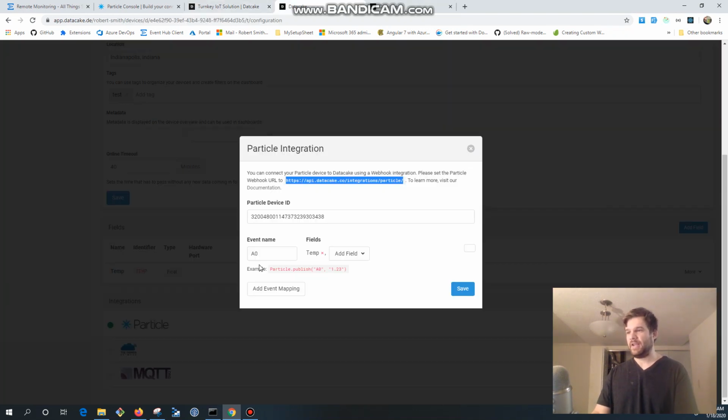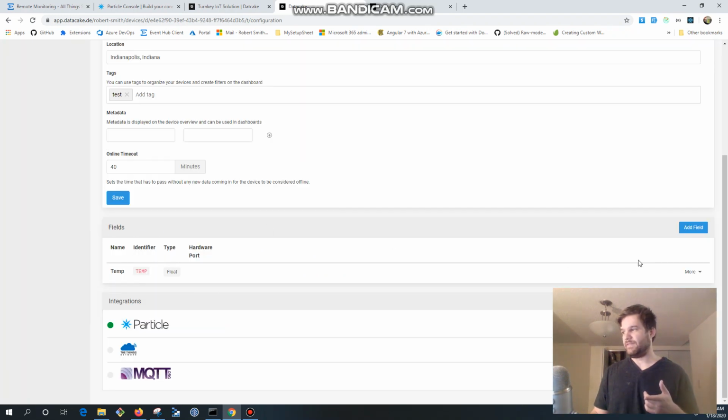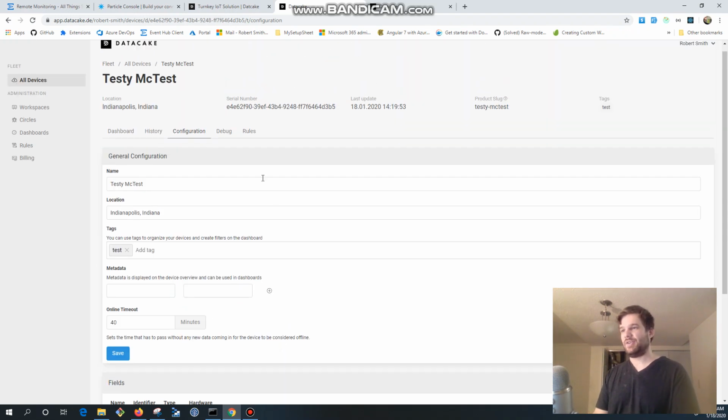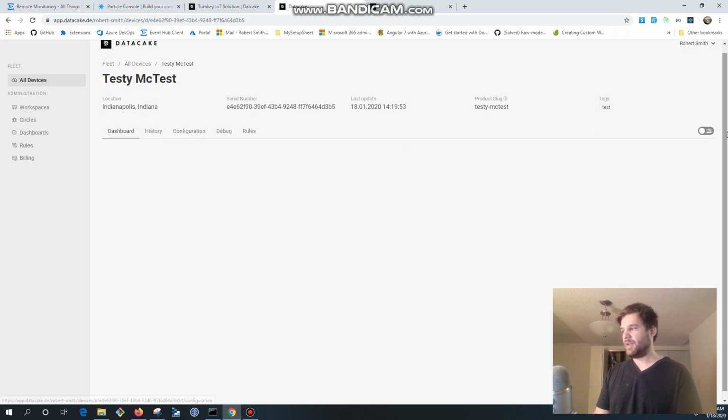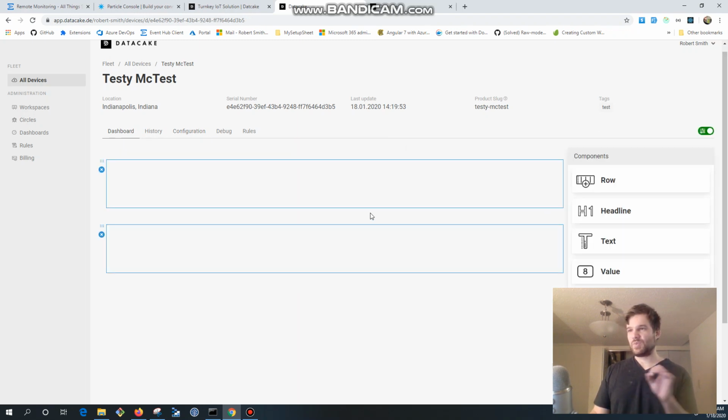So come here, and the last thing to note in this view is we have A0, so that is going to be mapped to the temperature field, which we defined in the fields here. So it's a nice mapping. There's really no code. If your device is publishing an event specific for your app, you can come in here and map it to what Datacake uses. So here we're configured, and let's come to the dashboard,